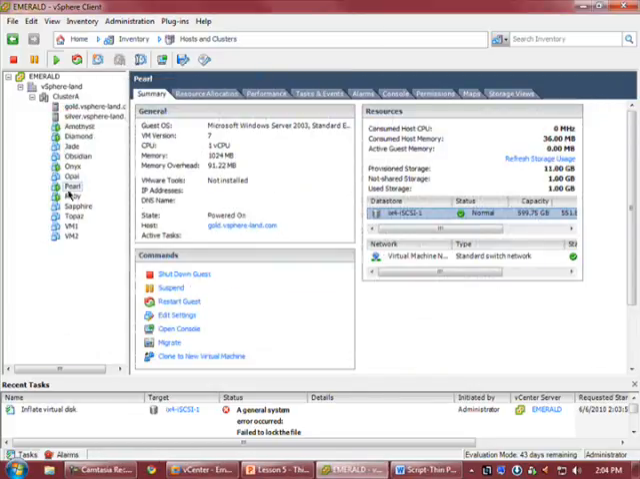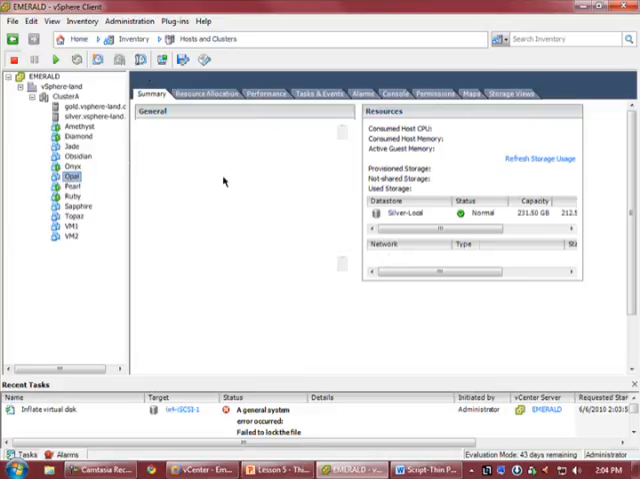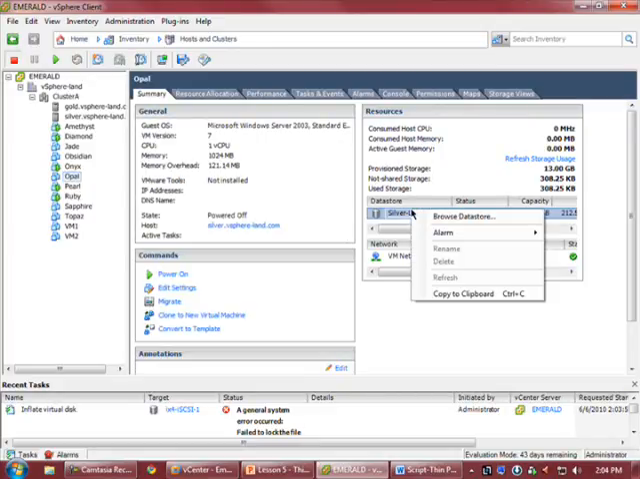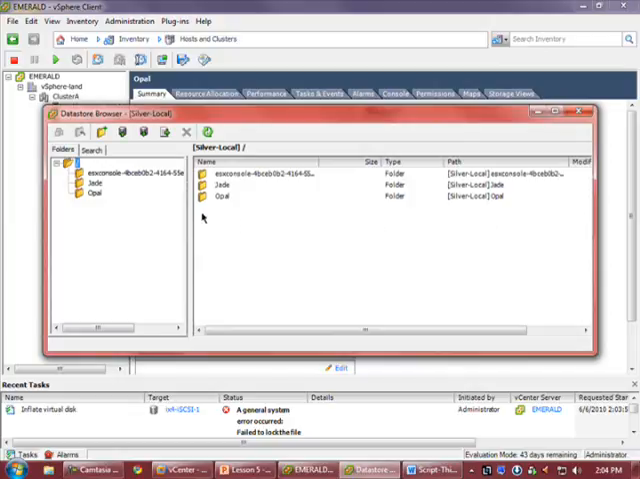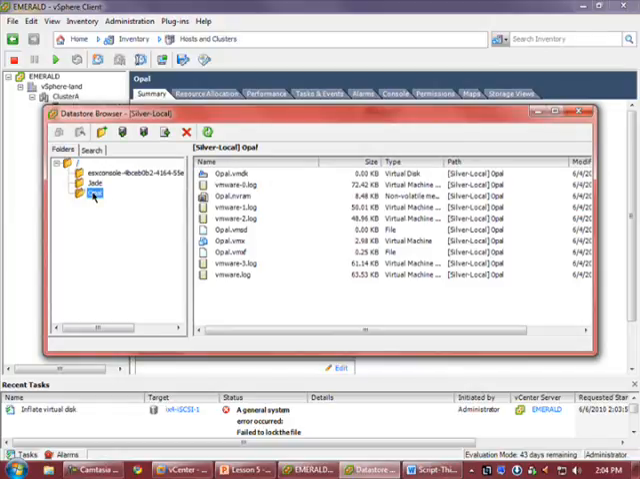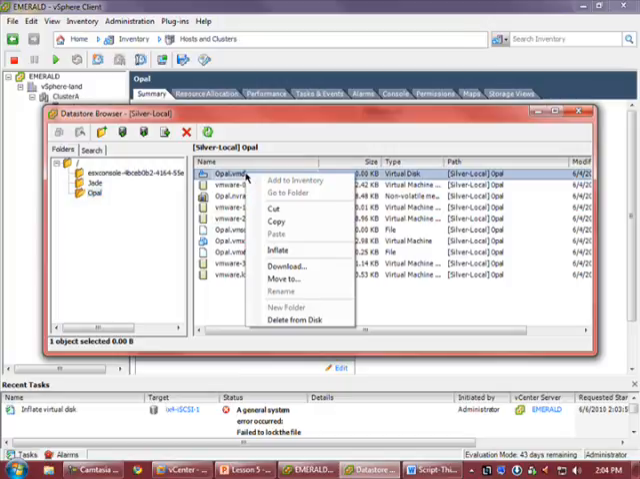Now we'll go to a VM that's powered off, browse its data store, select the VM's directory, select the VMDK file, select Inflate,